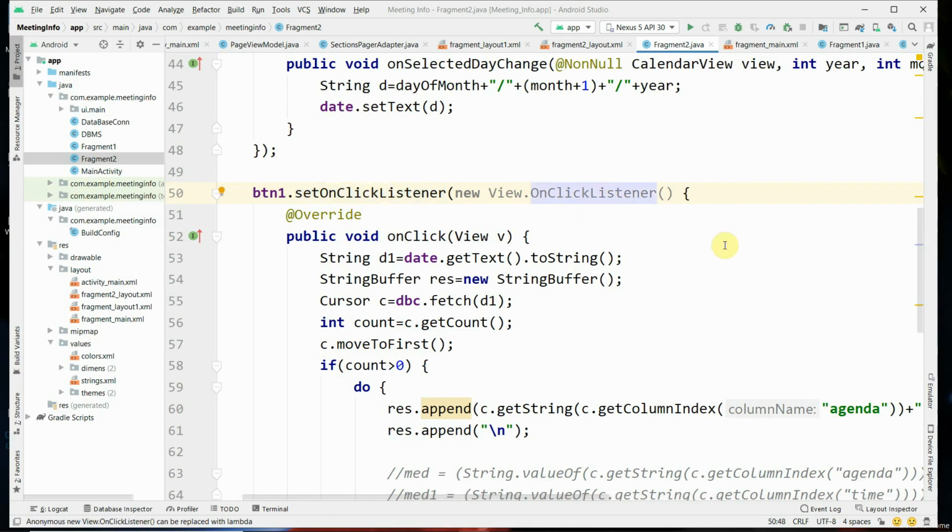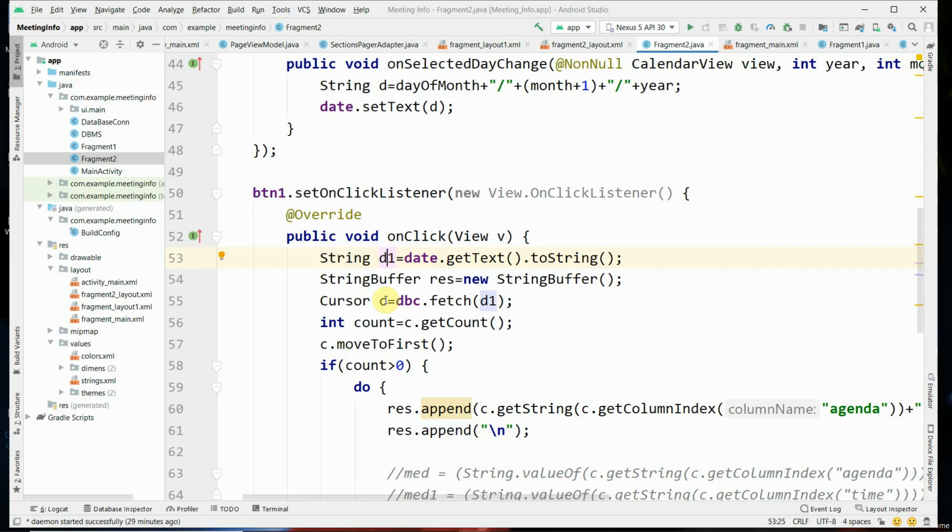View is an object, and you are overriding the on click method. Whatever date is displayed in the edit text is retrieved and stored in d1, and then